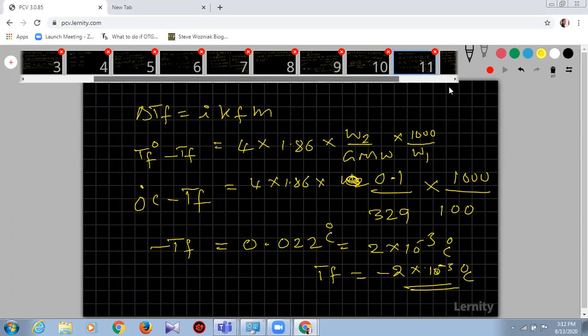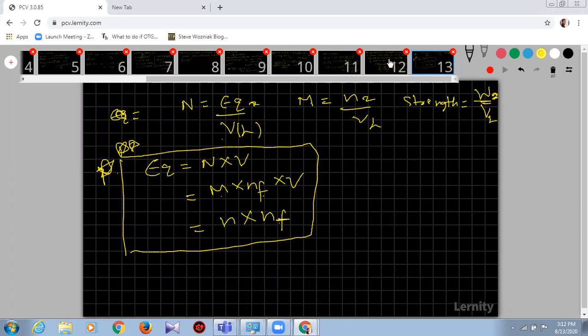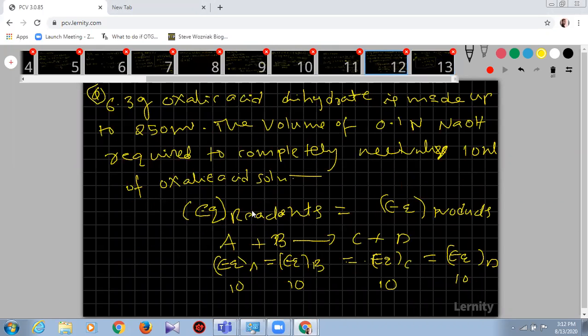So KNM students would probably have recollected now. Here, for the completion of any reaction, the equivalents of reactant should be equal to the equivalents of the products, and the reaction should be completed. Reaction completion is based on the number of equivalents. So that is the case.